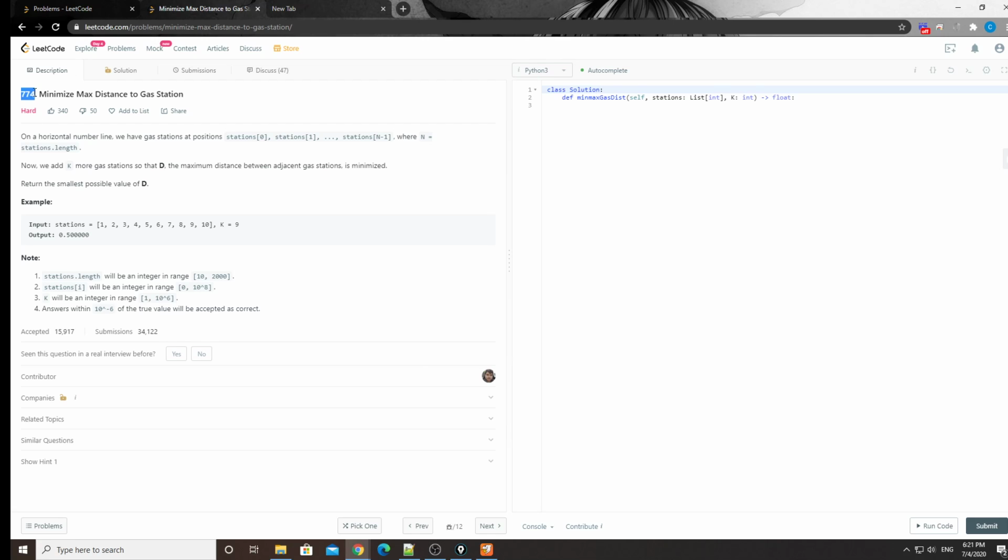Number 774. Minimize max distance to gas stations. All right, let's take a look. You're given an array of gas stations and the number K here, and you need to return the minimum distance,